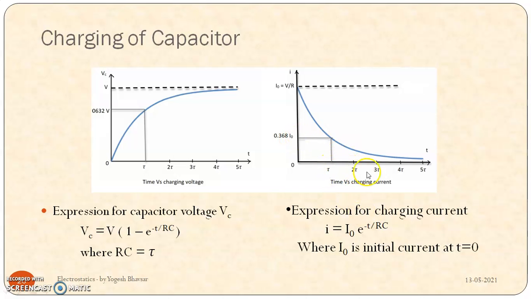Again we put twice, thrice, 4 times, 5 times. So almost at 5 times tau the value of I becomes 0. Almost it is 0, right? So here the graph is exponential in the inverse mode. So what does this indicate? At the time of charging, the voltage across the capacitor starts developing and the current starts reducing. Initially the voltage is almost 0, so at that time the current is maximum, right? Then gradually, exponentially, the voltage increases across the capacitor and the current decreases. So this is the charging of a capacitor.